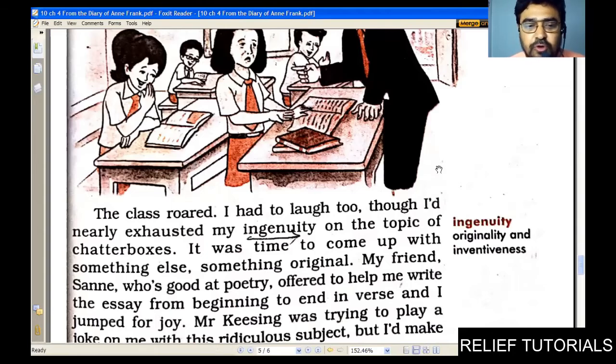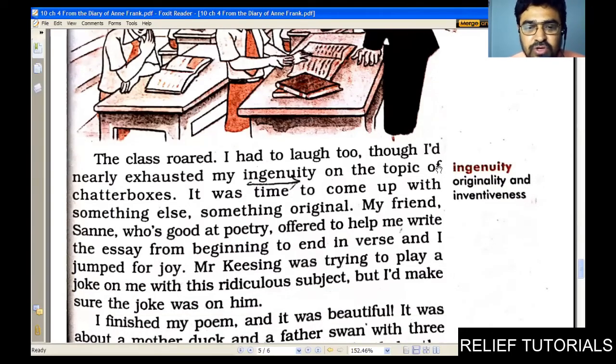It was time to come up with something else, something original. So now she decided to do something really different and give a kind of pleasant shock to Mr. Keesing. So my friend San, who's good at poetry, offered to help me write the essay from beginning to end